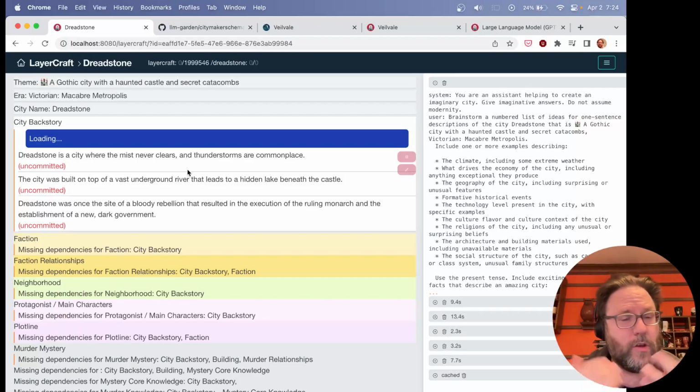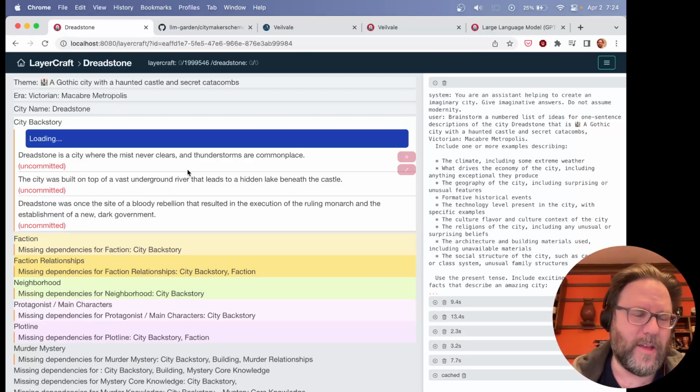You can go back, you can change them. That won't change anything that depended upon them, because you've made choices and they come together, and other things depend on how these things fit together. So we don't redo anything, but we can add things to it later, and that'll affect future things, or you can continue to re-roll things based on that. As you can see, GPT-4 is substantially slower, and it does have better quality results.